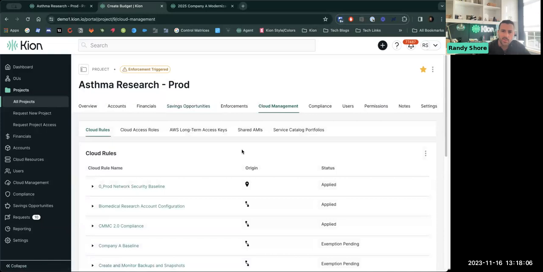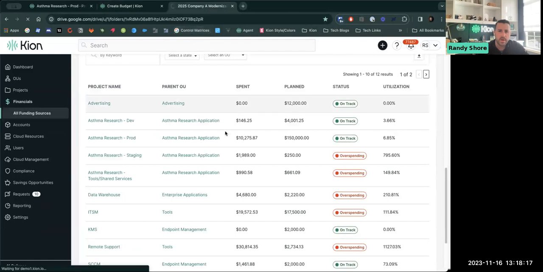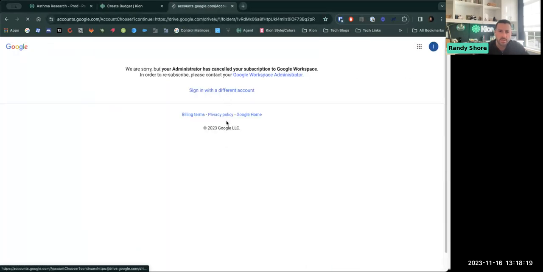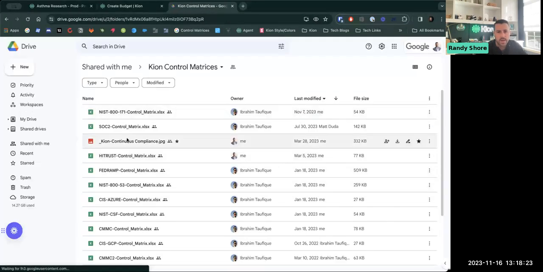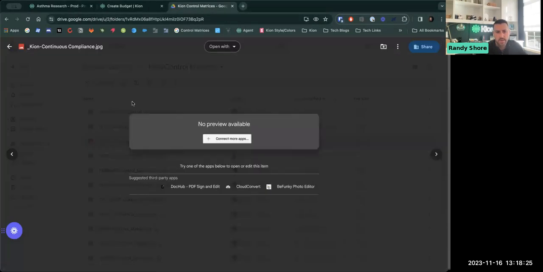So moving on a little bit into cloud rules and compliance. Cloud rules, again, are the way in which we're putting in those preventative guardrails. We think of compliance here at Kion in terms of the full security